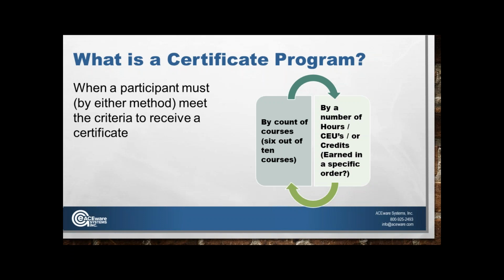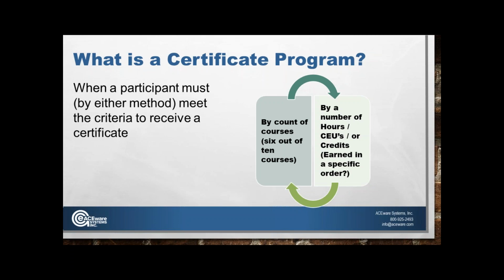For those of you that haven't heard the when-I-was-a-boy story, the genesis of the Student Manager software was when I was at the University of Nebraska trying to manage a certificate program that used hours. You had to earn 8 CEUs of credits to get a certificate, and we were doing it on 3 by 5 cards. So that's really the DNA of the ACEware program, Student Manager: to help manage